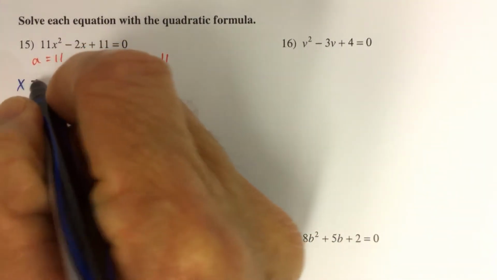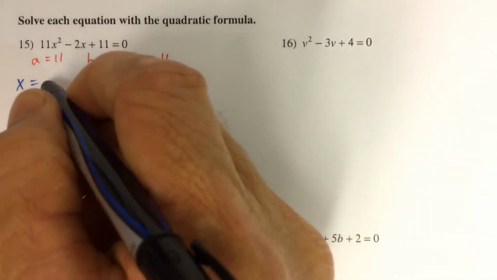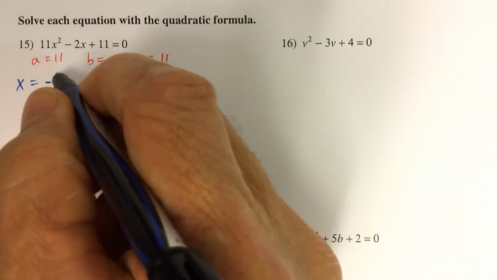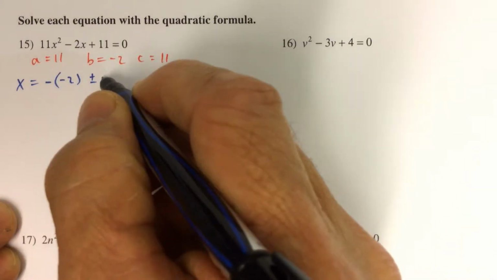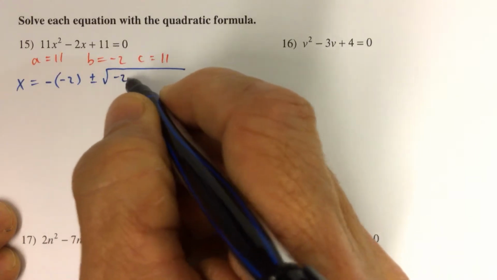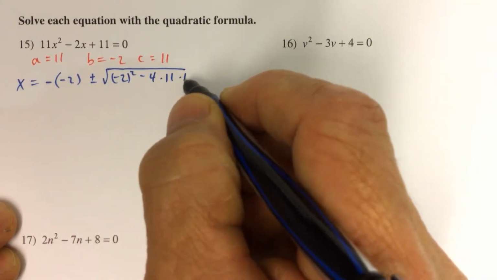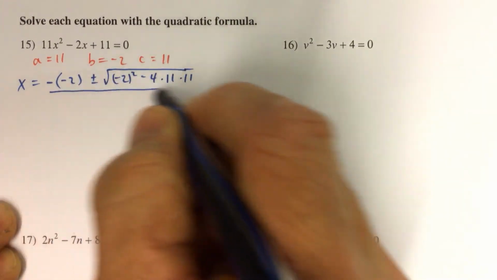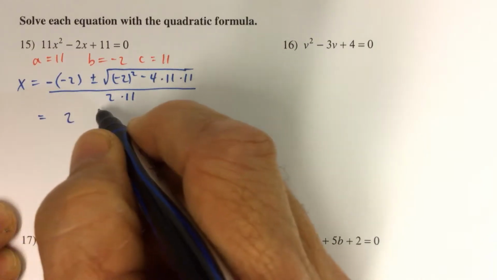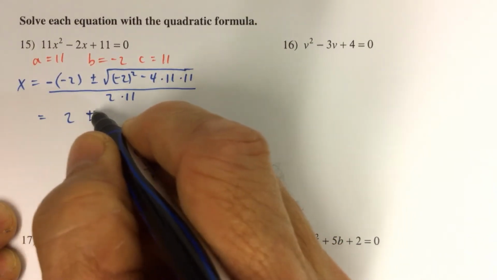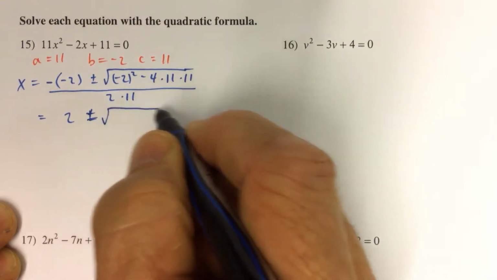So x equals negative b. Since I don't have a lot of room here, I'm not going to write out negative b, but I'm going to say it as I go. Negative b, b being negative 2, plus or minus the square root of b squared minus 4 times a times c all over 2 times a. So when we simplify the numerator, we get 2 plus or minus, so minus minus is a plus, 2 plus or minus the square root of